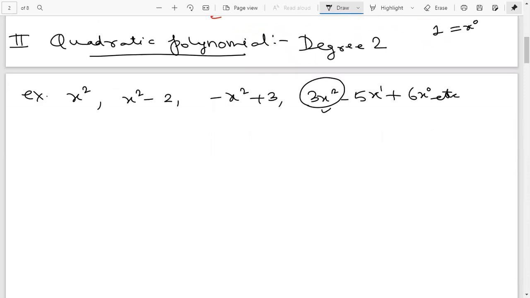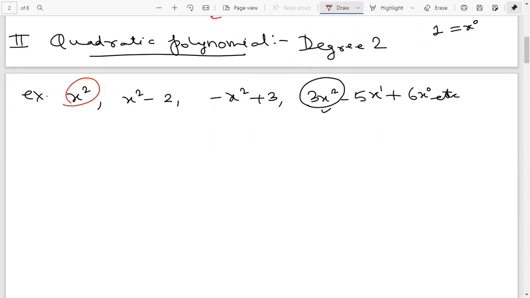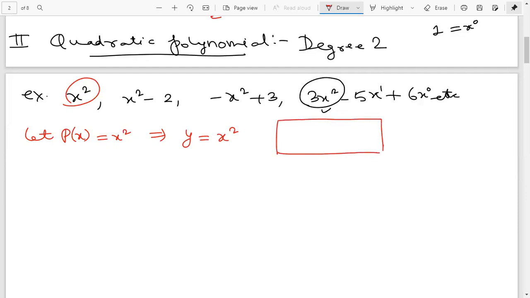Now we will try to find how the graph of this quadratic polynomial will come. Let us take one easy value for plotting the graph. Just want to know the nature of the graph. So let p(x) be the one polynomial equal to x square, and we replace p(x) with y, because p(x) means polynomial in terms of x. We can replace it with y, so we have this y coordinate value. So y equal to x square. Same process again. We'll take some 3, 4 points, and we'll try to plot those points on graph paper. Easy. Say x, y.